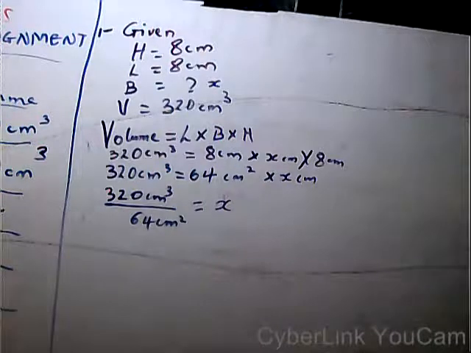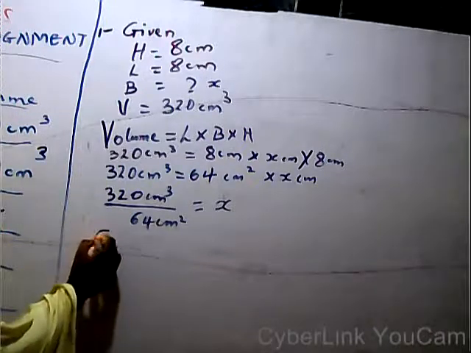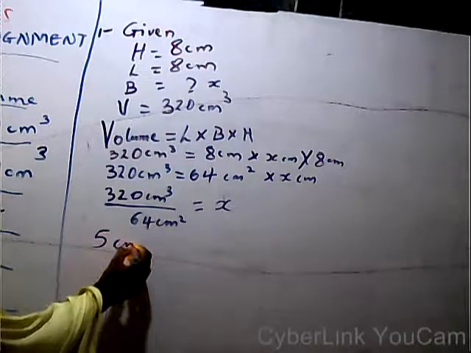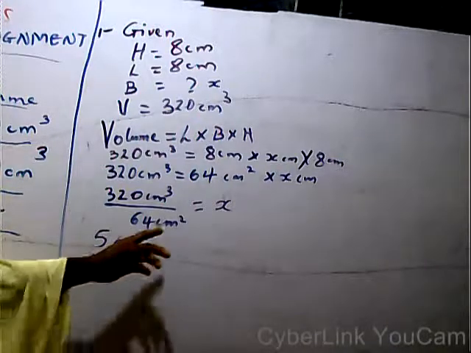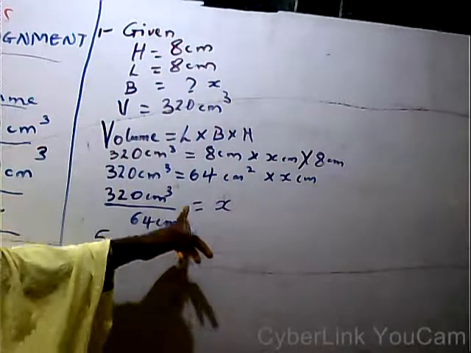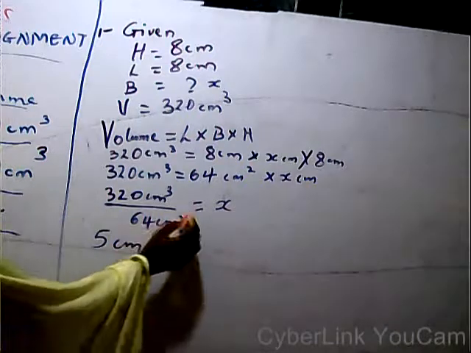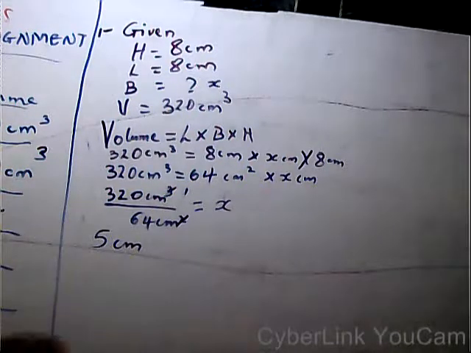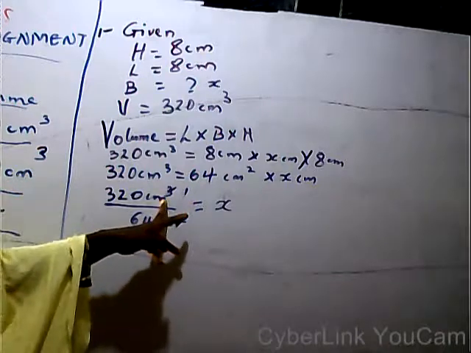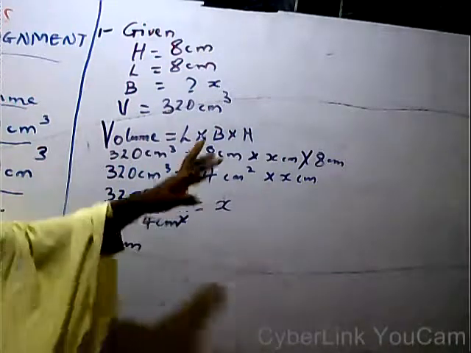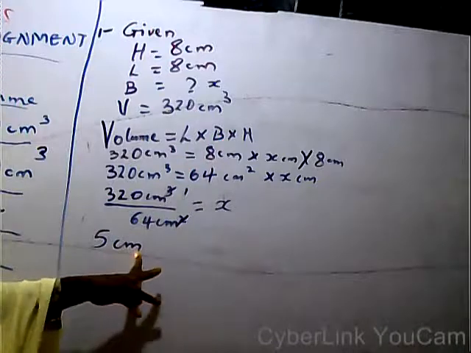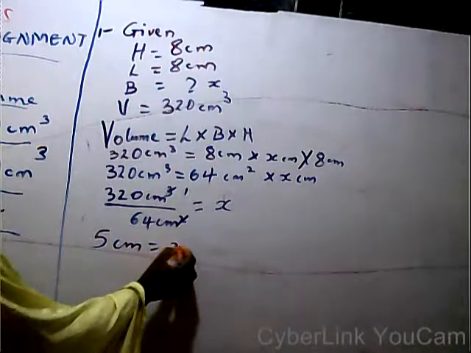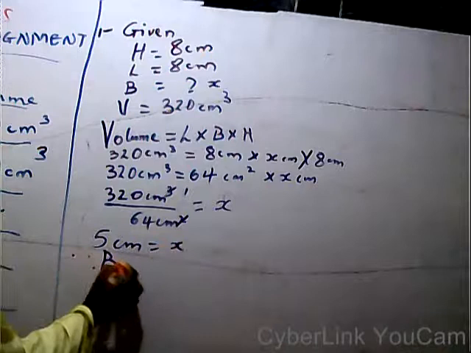Now, if I divide 320 by 64, that will be 5 centimeter. Now, look at this, my centimeter. I have 2 here, I have 3 here. If I remove 2 out of this place, what remains? Remain 1. So, out of this 3 centimeter that is here, I remove 2, remain 1. And this is the one that remains, which is x. Therefore, our breadth or base is